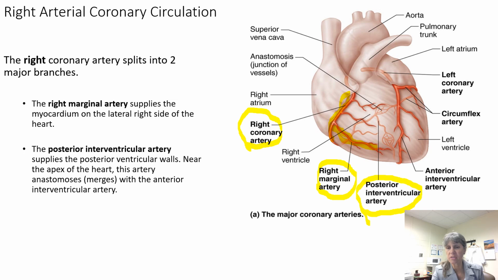Here's the posterior interventricular artery. And the posterior interventricular artery is going to supply fresh oxygenated blood to the posterior walls of both